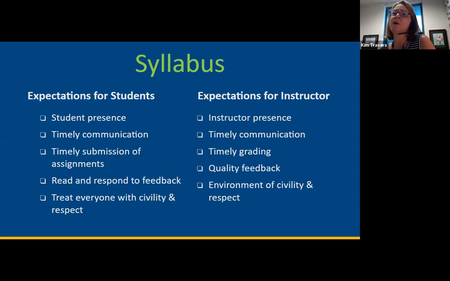You are setting up all of the expectations for both the student and you as the instructor. It's how the instructor is supposed to be present in the class, what they're supposed to be doing, when they're supposed to be hitting deadlines, are there options to turn in late work, what they have to do for participation, how they are going to communicate with you, what's appropriate communication, what's the timeline for communication. I don't know about you, but sometimes getting emails from people at 11 o'clock on Friday night is kind of disheartening because they waited until the very end of the week to get a hold of me.